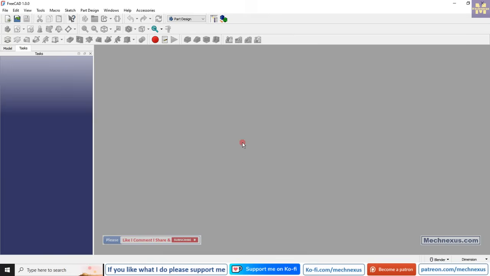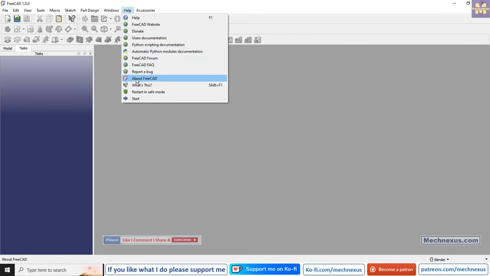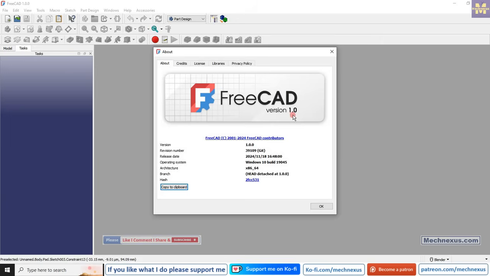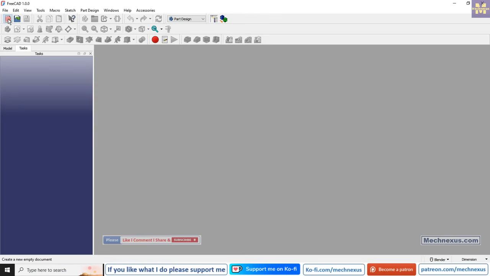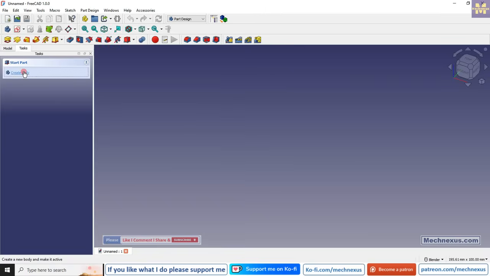Hello friends, welcome to FreeCAD tutorial, and in this tutorial we will learn how we can merge multiple sketches into a single sketch. This is a very awesome tool of the FreeCAD Sketcher workbench which we will learn. For this tutorial I am using FreeCAD version 1.0, so you must have at least FreeCAD version 1.0 or a higher version. So first I will create a new file and I will create a body,